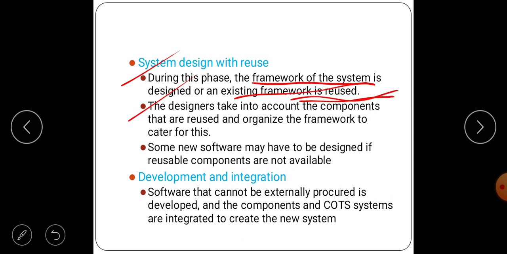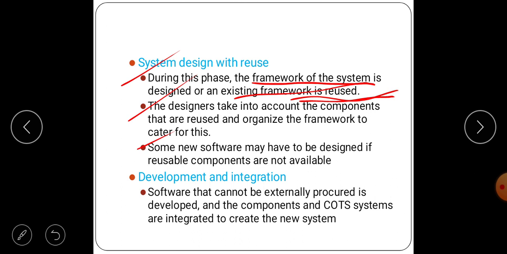Means cater is nothing but provide what is needed or what is required. Next, some new software may have to be designed if reusable components are not available.